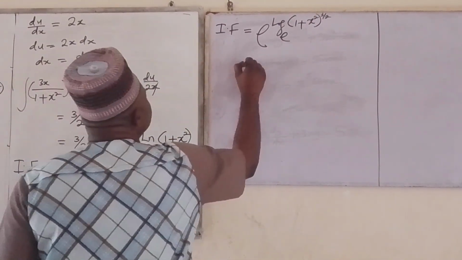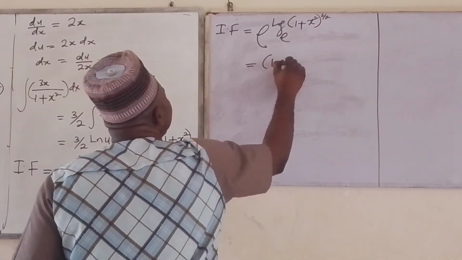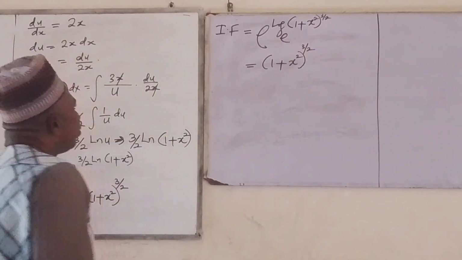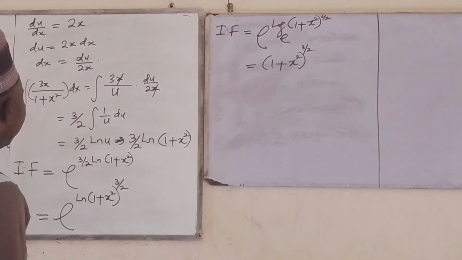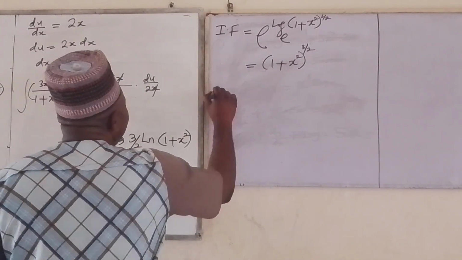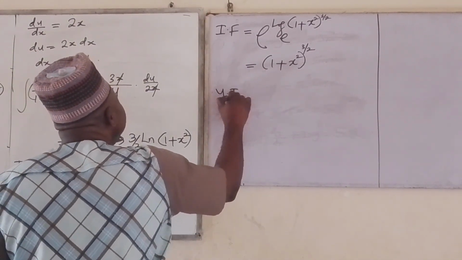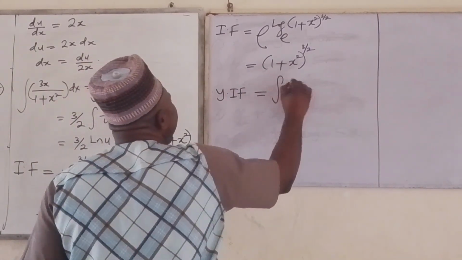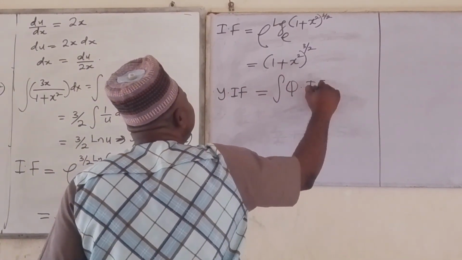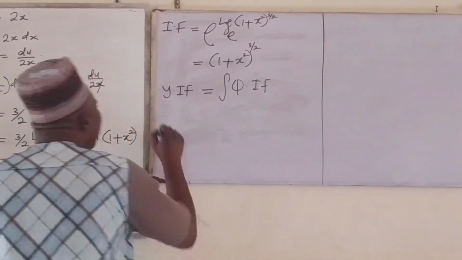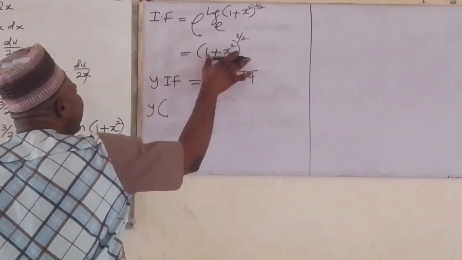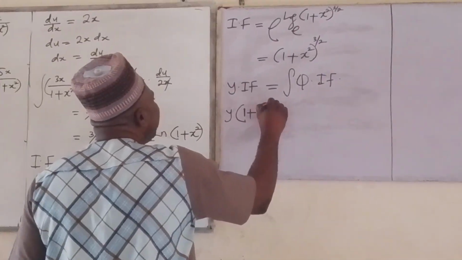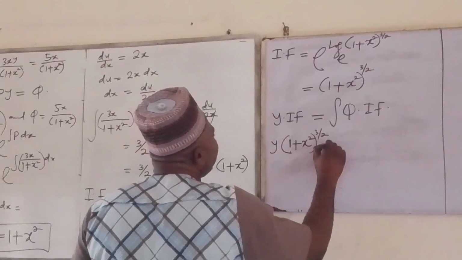So this will be equal to 1 plus x squared raised to the power of 3 all over 2. So that's the integrating factor. Now the equation will be y times integrating factor will be equal to integral q times integrating factor. So here we have y times 1 plus x squared all raised to the power of 3 all over 2 will be equal to